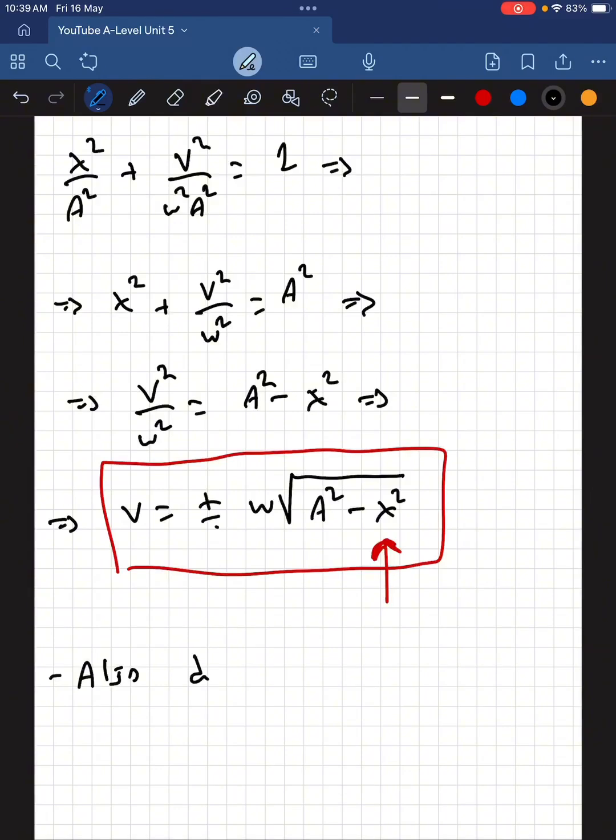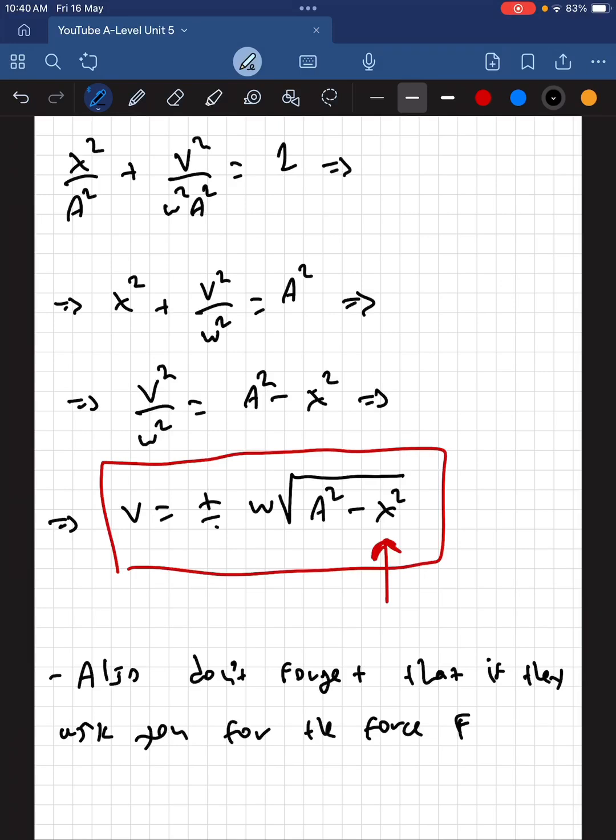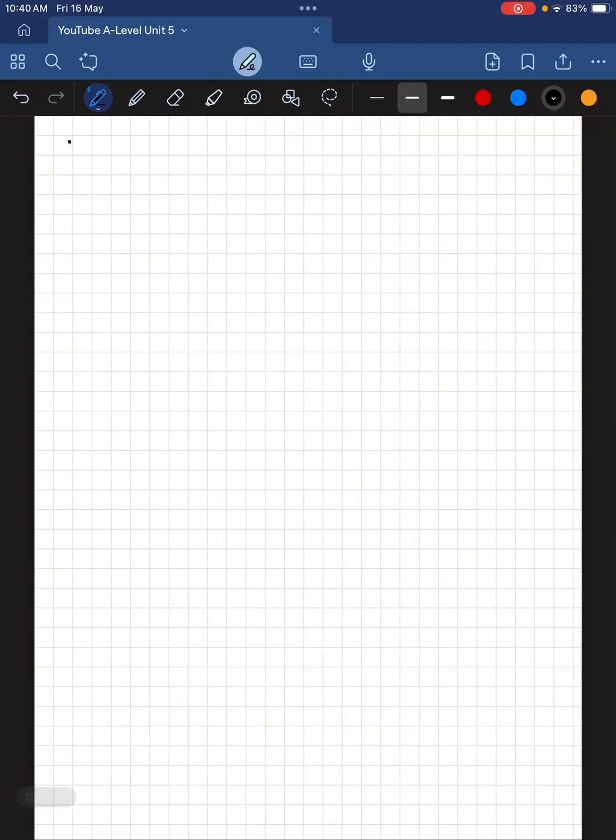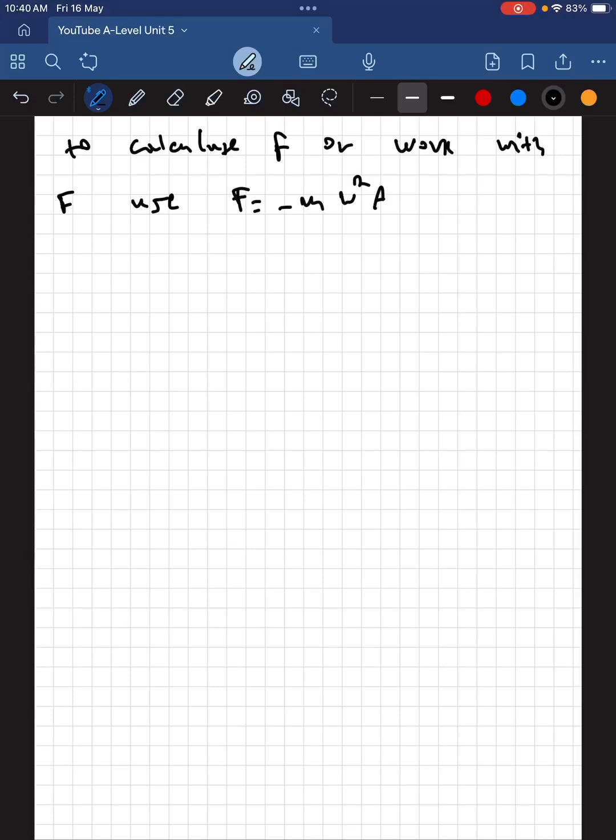But also don't forget another miscellaneous thing that we haven't mentioned, that if they ask you for the force, so anything that they ask for the force, F on the object, then since F is m times a, which is equal to minus m omega squared x, then to calculate F or work with F, use F is equal to minus m omega squared a